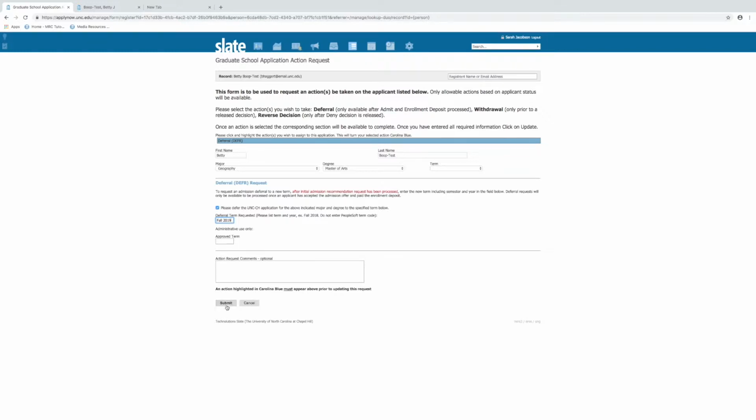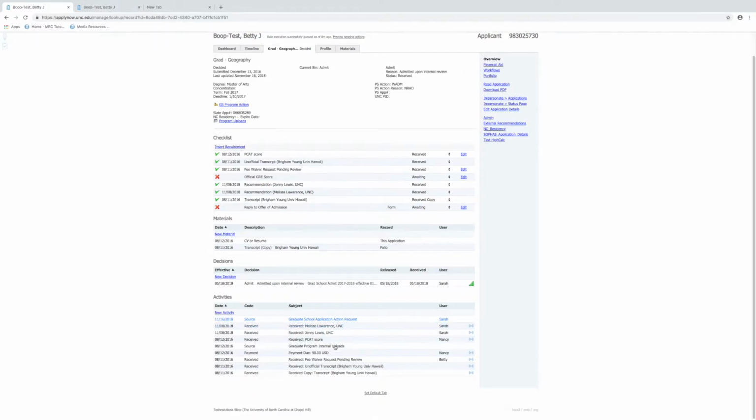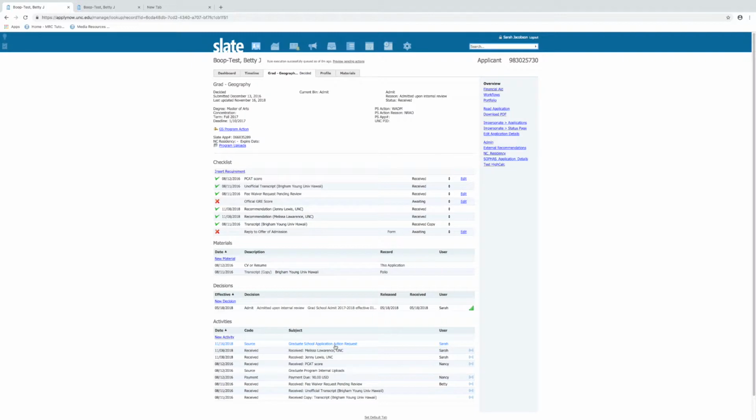Make sure you follow the instructions here and submit. That deferral request will then go to the graduate school for us to process. And you can see right here that the request that I just submitted now shows in the activity. So you can show that it was submitted. And then once that deferral is processed, the deferral decision letter would go out and it would show in the